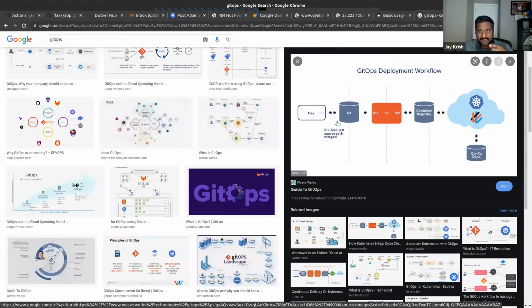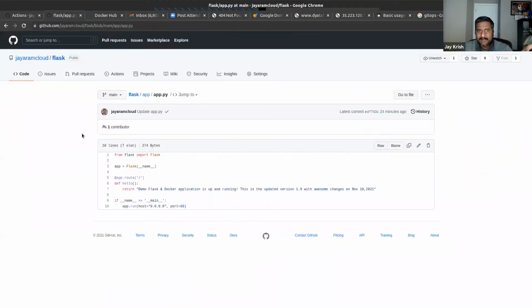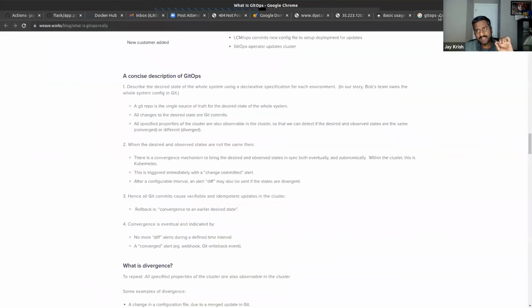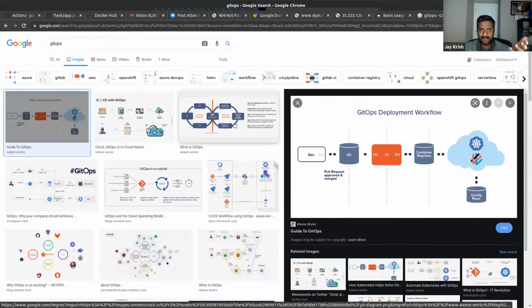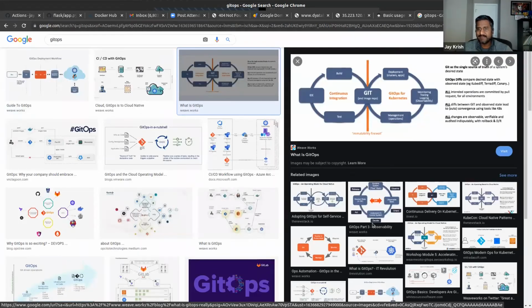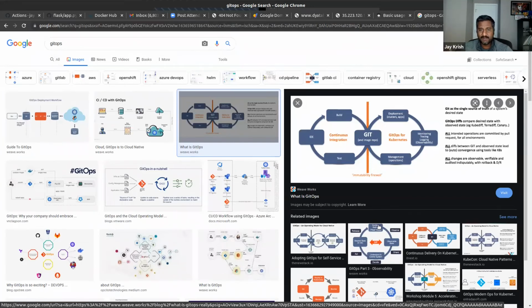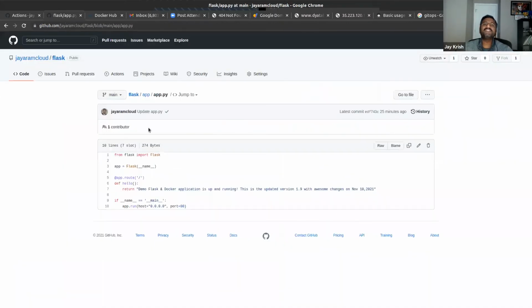And because we have a track record here, right? Let us say something goes wrong, then what we will do is revert the change which we did. If we revert the change, then as Kubernetes is looking into this every single minute of the day, it will go and revert back because your image or your YAML file has changed. The next minute, this Kubernetes cluster will go and bring it back. And you have a trail of all the changes you have made here in the Git repository. So Git is the source of truth. And you can go back in time in Git. And the Kubernetes cluster also will go back in time in Git if something goes wrong.